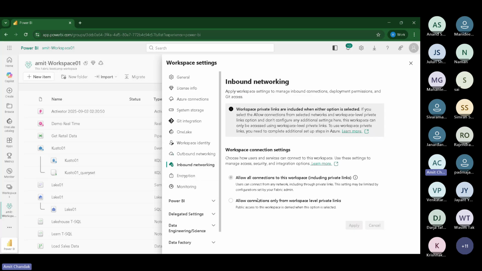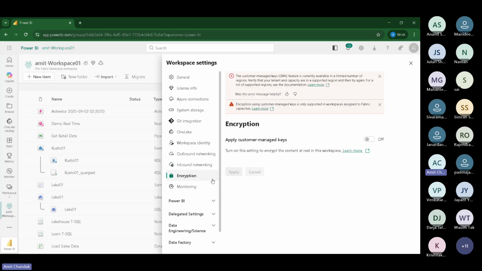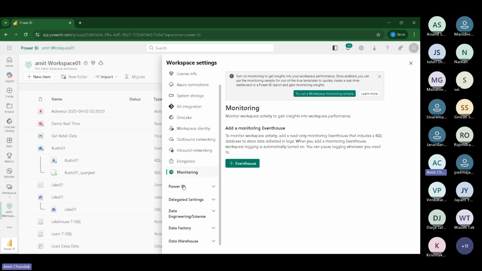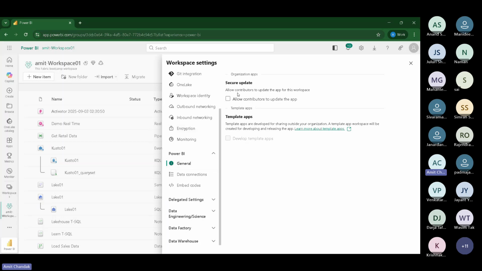Inbound networking, what connections you want to allow, or if you want private links and all those, you can control from it. Encryption, if you want to bring your own managed keys, that's the place. And monitoring, if you want to monitor all the events which are happening, you can take them to an eventhouse and manage it. Then Power BI settings, like secure update, allow the contributor to update the app, meaning whether